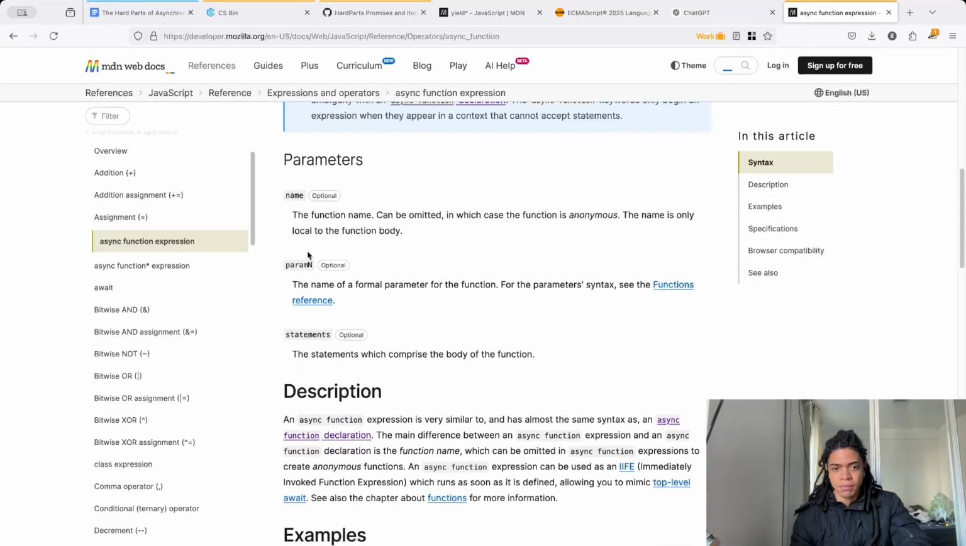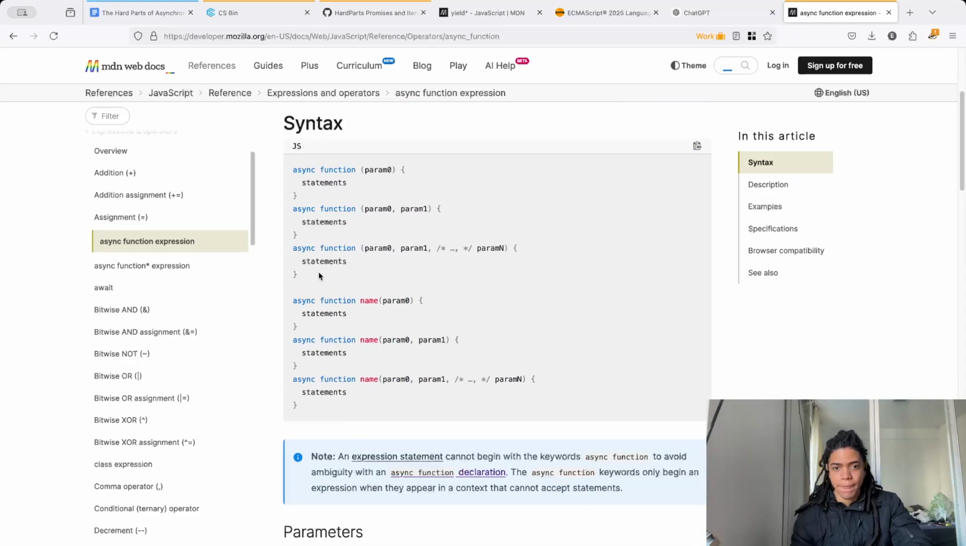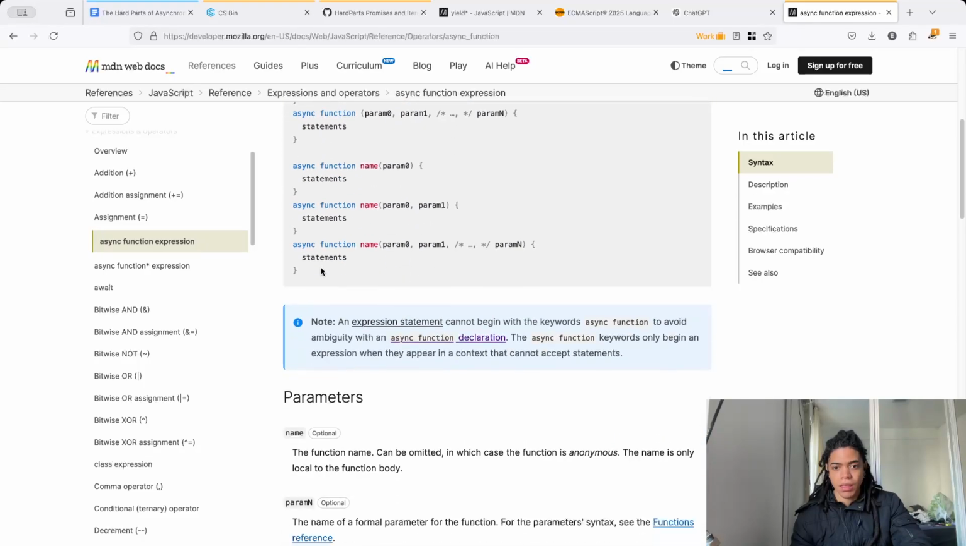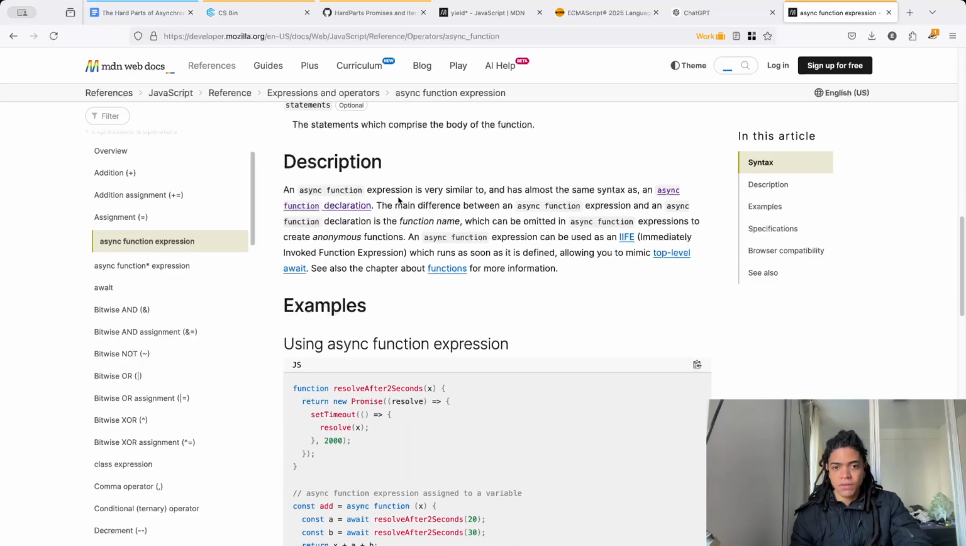It takes the name, the parameters, and the statements. An async function expression is very similar to, and has almost the same syntax as, an async function declaration. The main difference between the async function expression and the async function declaration is that the function name can be omitted in the async function expression